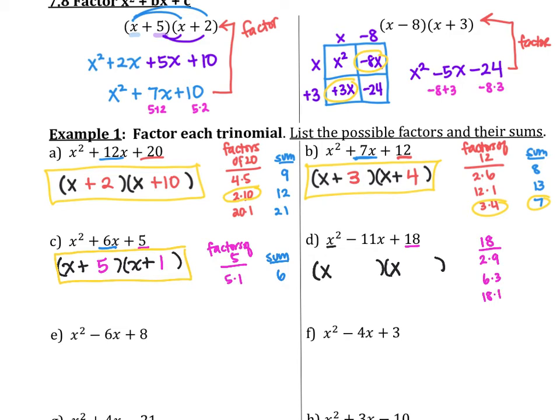Okay, now let me see. I want them to add up to 11. 2 plus 9 is 11. Okay, but I actually want this to add up to negative 11. So 2 and 9 are the right values. They do add up to 11, but I want them to add up to negative 11. So I'm going to make this a negative 2 and a negative 9. Negative 2 times negative 9 is still positive 18, but now they'll add up to negative 11. So I knew that 2 and 9 were the right numbers, but the sign was wrong, so I changed it